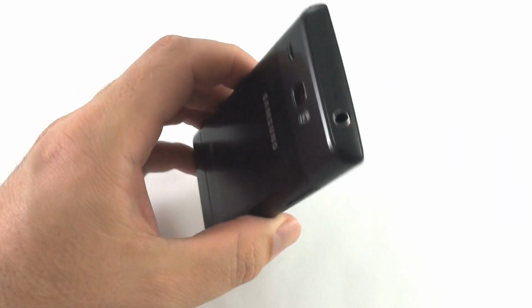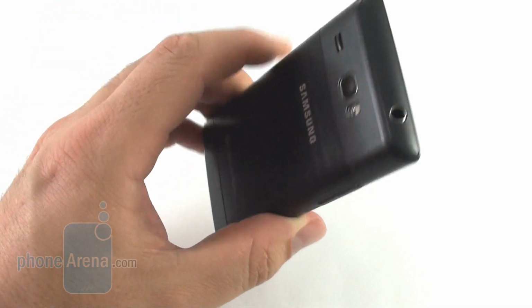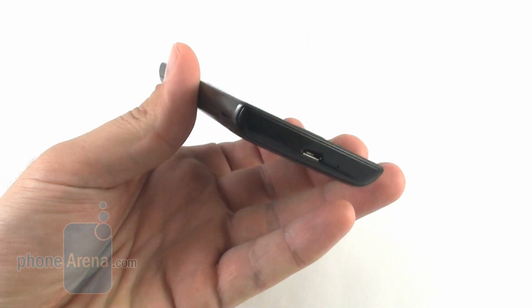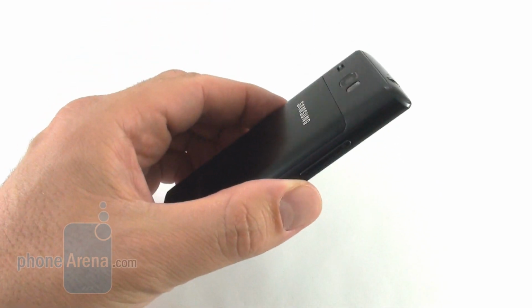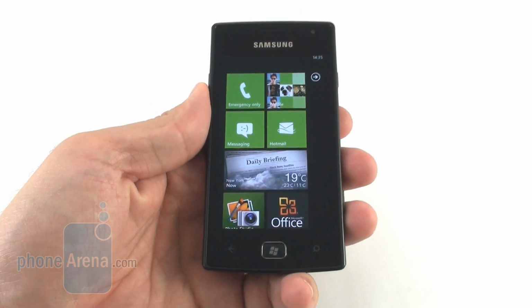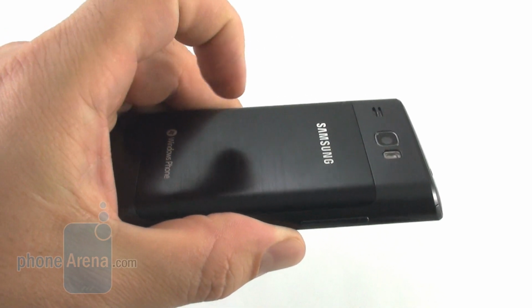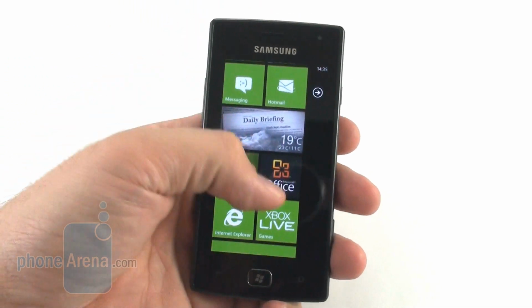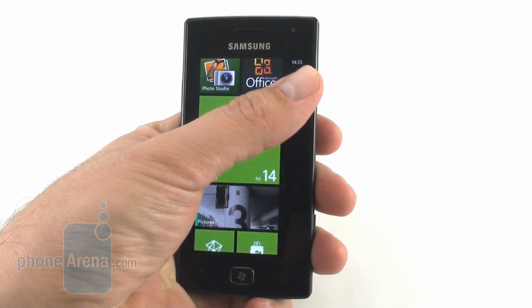And judging by this W in the title, it is supposed to fit in the mid-range spectrum of Samsung's Windows phone portfolio. The Samsung Omnia W is a compact handset with 0.43-inch, 11mm thickness, which is not bad. Also very light at 4 ounces, despite the metal element here in the back cover. And it's pretty comfortable to hold and operate with one hand, thanks to the tapered edges and the reasonably sized